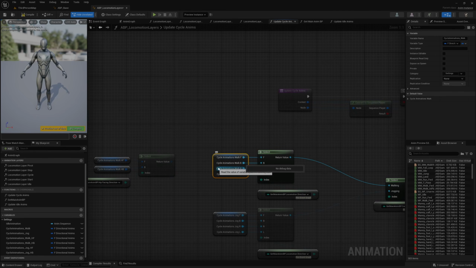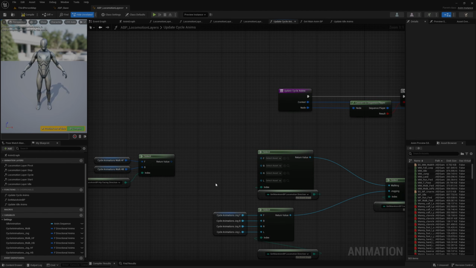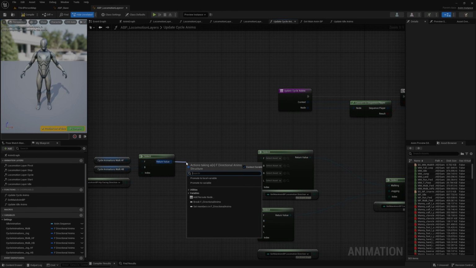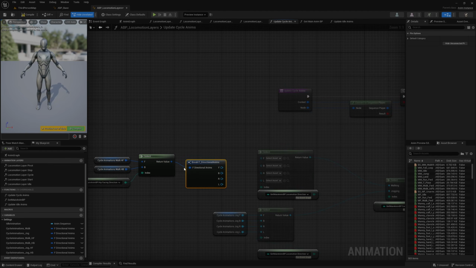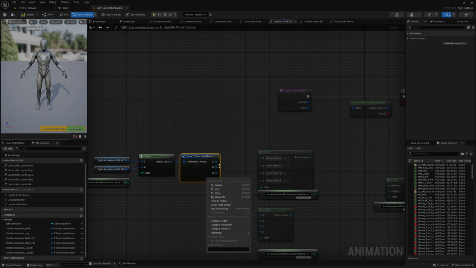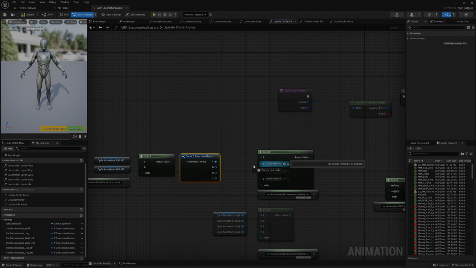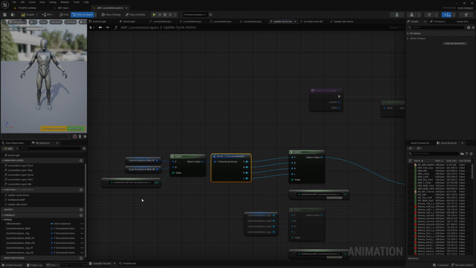I'll go ahead and delete this standard cycle animations for walking variable. I'll drag out from the return value of the select node, and I'll search break and select this break F directional anims node, which allows me to break a struct into its components. I will plug each of these components into this select node,